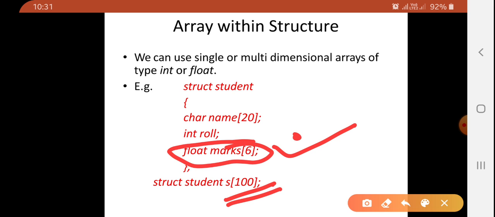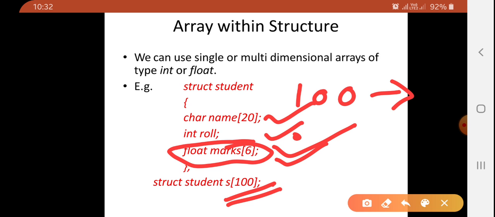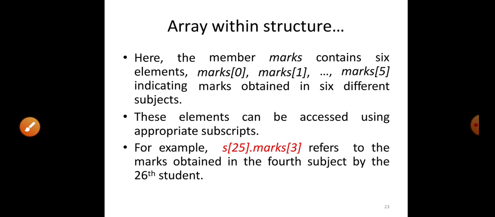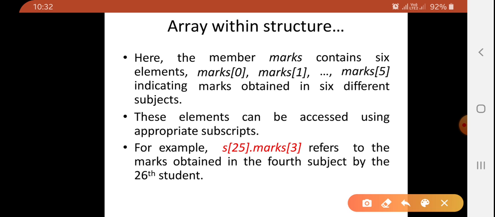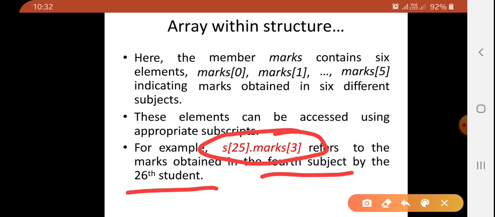So we can store the information about 100 students. Each student's information contains name, roll number and 6 subject marks. Now for example, I want to access the marks in the fourth subject of the 26th student. I can access it with the help of s of 25 dot marks 3.